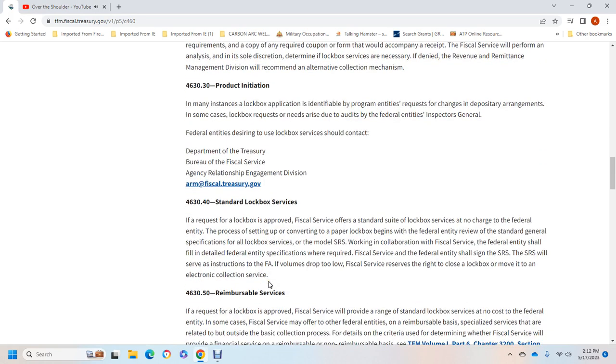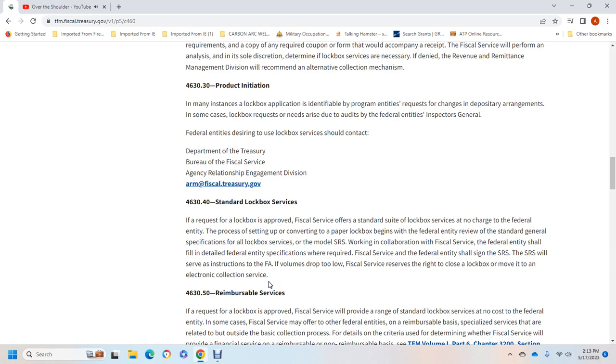4630 Standard lockbox service. The request for the lockbox is approved. The official service offers the standard suite with the lockbox service at no charge to the federal entity. The process of setting up the paper lockbox begins with the federal entity's review of the standard general specification for all lockbox services, or the model